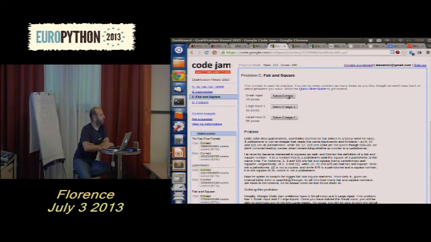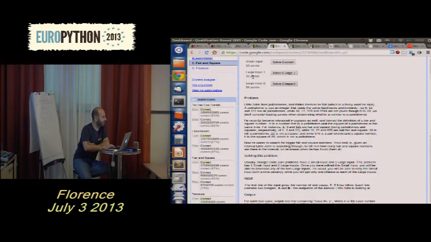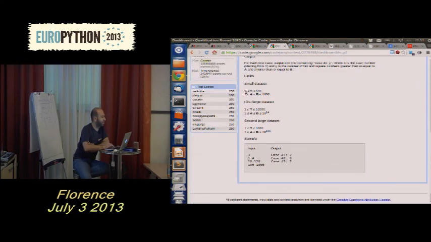Small means you know if it's wrong. Large means you will not know if it's wrong or correct until the end of the submission. They had 10, 35, and 55 points. And here are the limits. You have some that go up to 1,000 or up to 10 to the 14. Okay, 10 to the 14 means you have to think of something different. And then some of the numbers can go up to 10 to the 100. And here you have to think of something completely different.